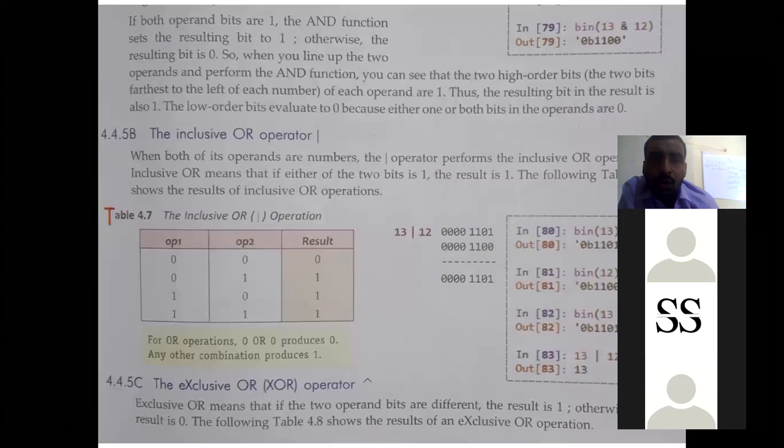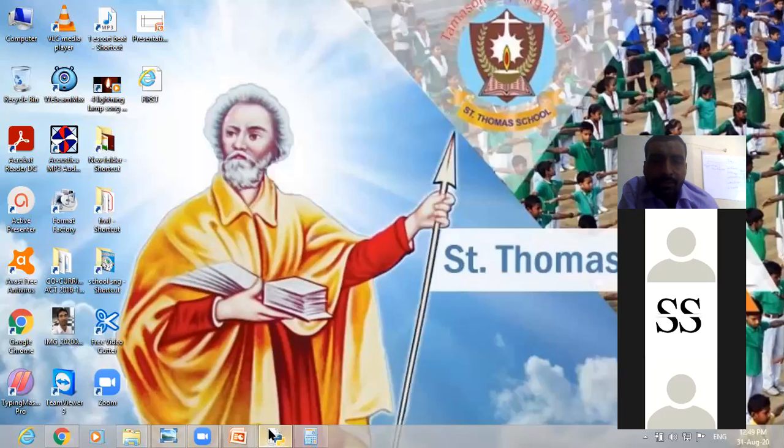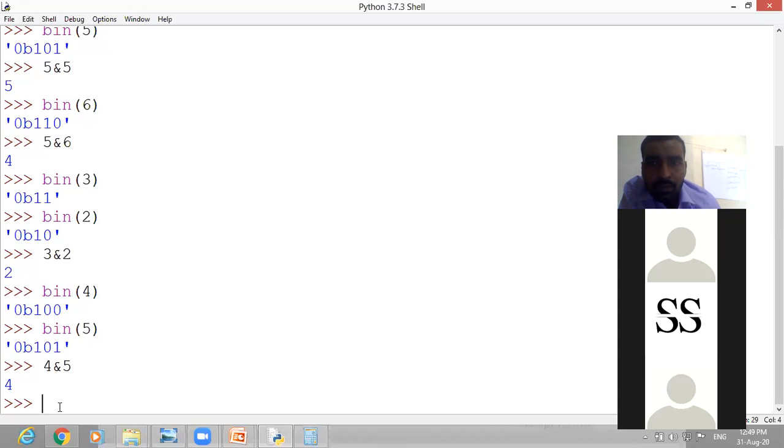So let us now use this OR operator. See the Python. Can you all see the Python screen? Yes, sir. Okay. So let us use the OR operator. Let me type the binary of 7.